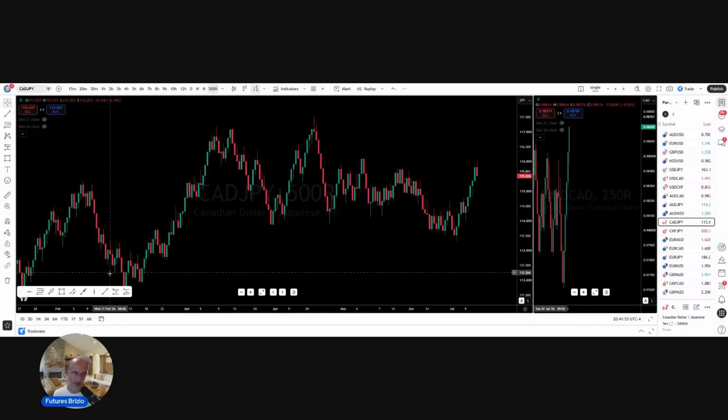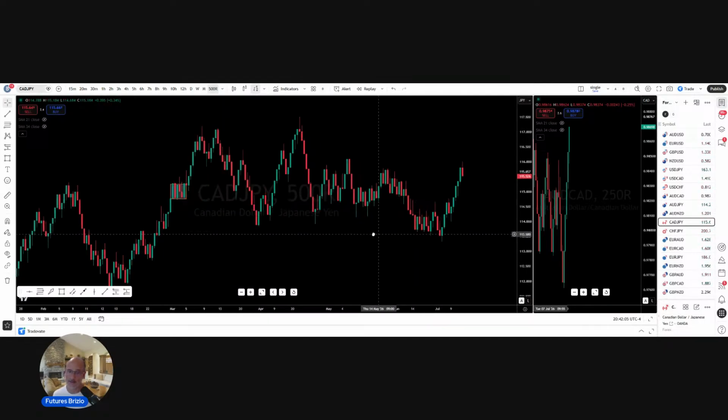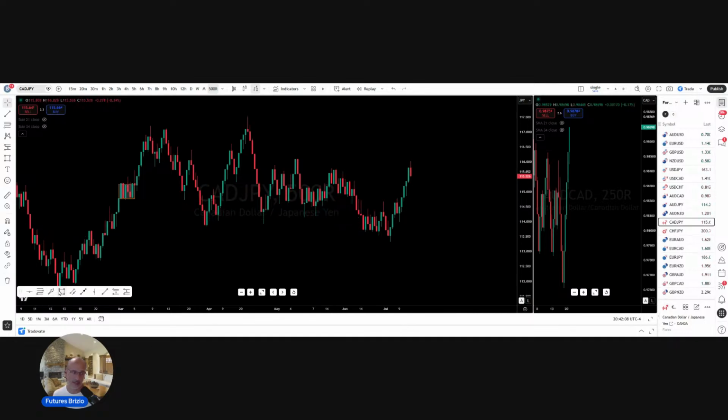Here's one going way back in time here on the CAD Yen, right? This one right here. So if you're looking for places to enter or at least watch, these are nice little zones you can watch, okay? This one here actually probably would have been a false break, potentially. This is just kind of some wild price action here, right? Ultimately, this did go up. So depending where your stop loss was,